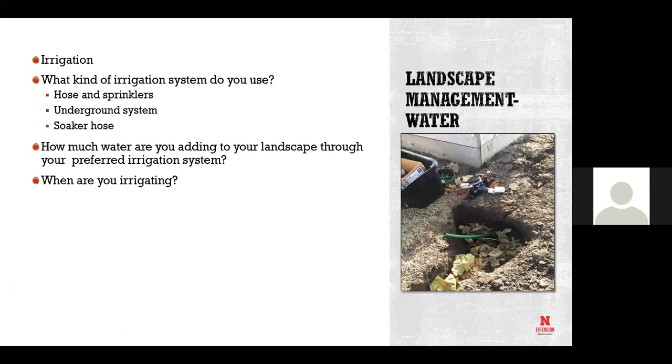But again, it's a different issue in terms of your input for irrigation. You also have to know when you're irrigating. Is that system turning on early enough that your plants are going to be dry by mid-afternoon, or is it not coming in till late in the afternoon?